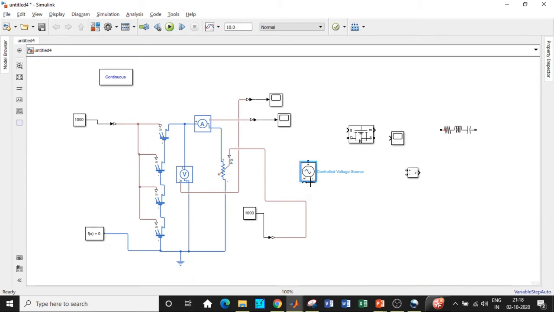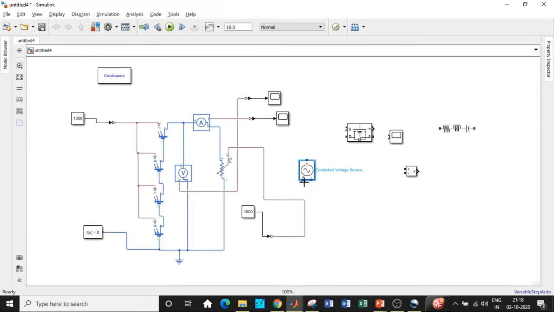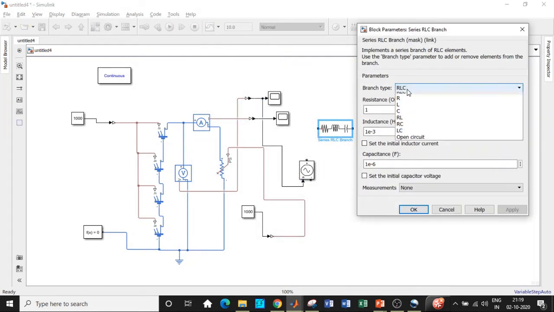This block, if you see here, is designated by a signal symbol over here. That means it's the signal. We need the signal that is obtained at the output terminals with respect to the voltage that we get. This is a voltage block that we have. We will be taking the tapping from this particular point. Once that is done, I'll be giving it to an inductor. So double click on this, and I'll be changing it to an inductor.